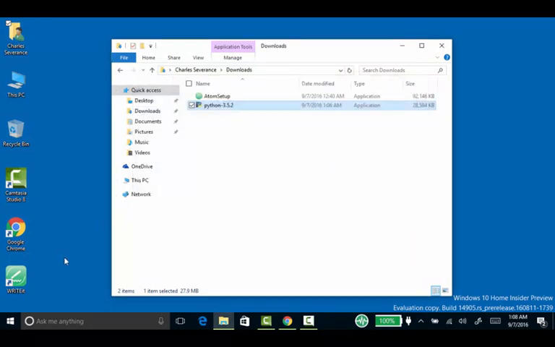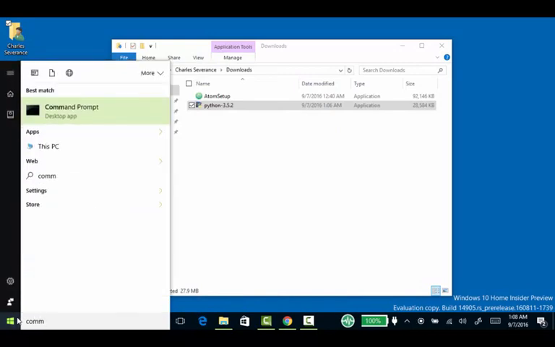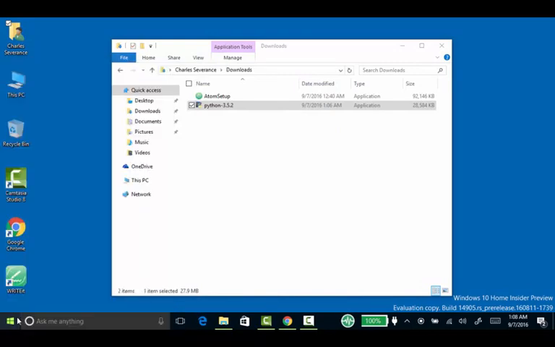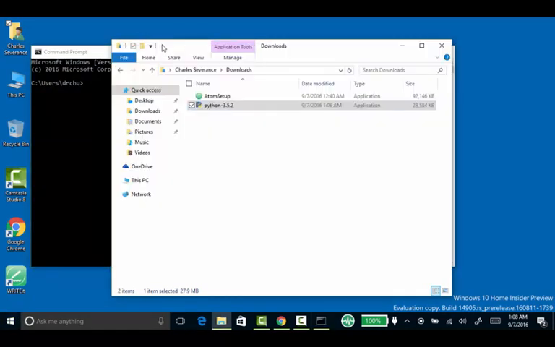And I'm going to start and run the Windows command line. Now, you may have all kinds of fancy ways to run Python, but I like running the command line,